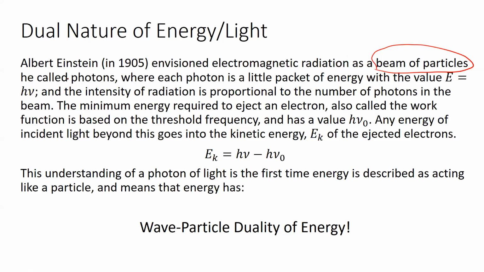he calls those particles of light, if you will, photons, right? And the photon is, again, a little packet of energy, sort of analogous to Planck's quanta. And he says the energy of that particle of light, that photon of light, is the same as Planck's h nu, right? So now he's equating Max Planck's understanding of the energy of a quantum of light to, oh, well, that quantum of light is just the light acting as a particle also, which is pretty crazy,